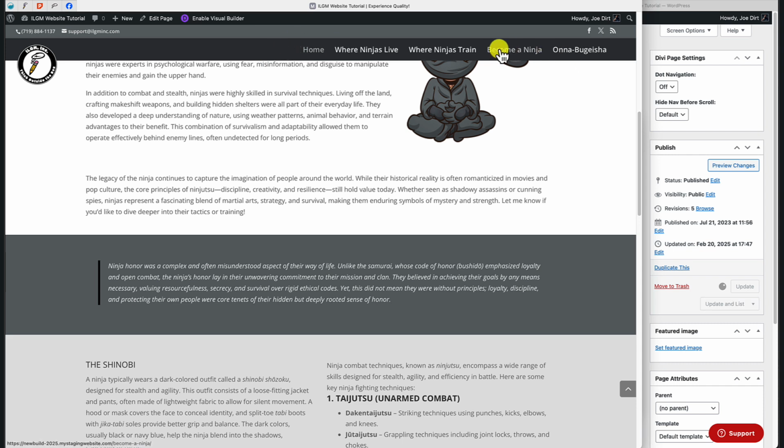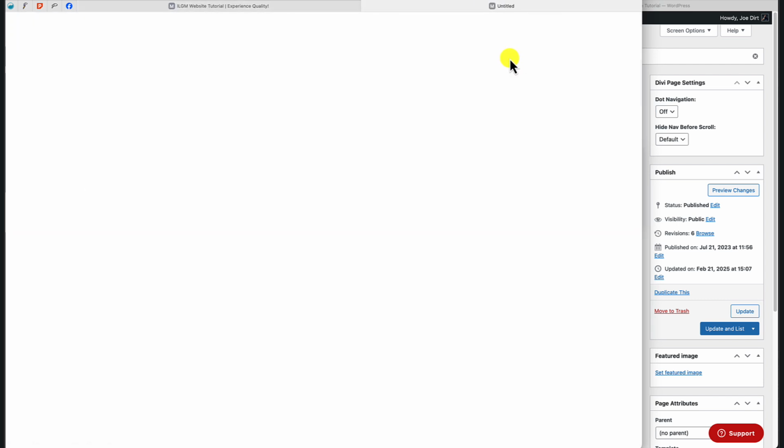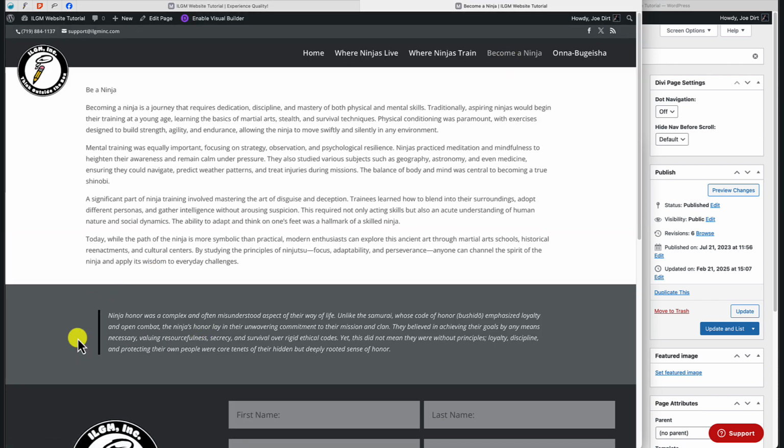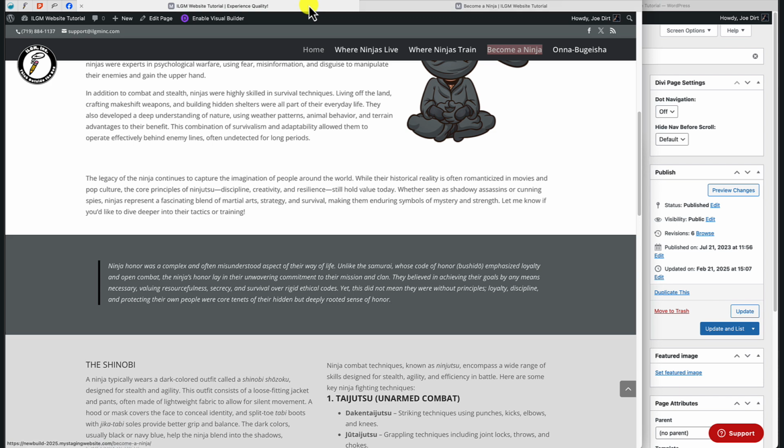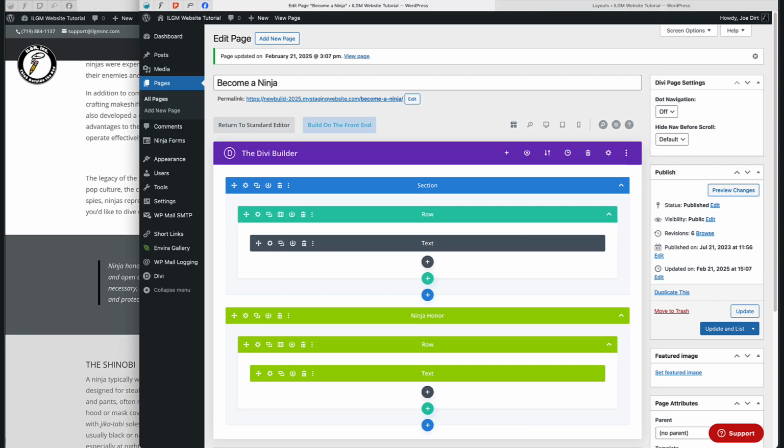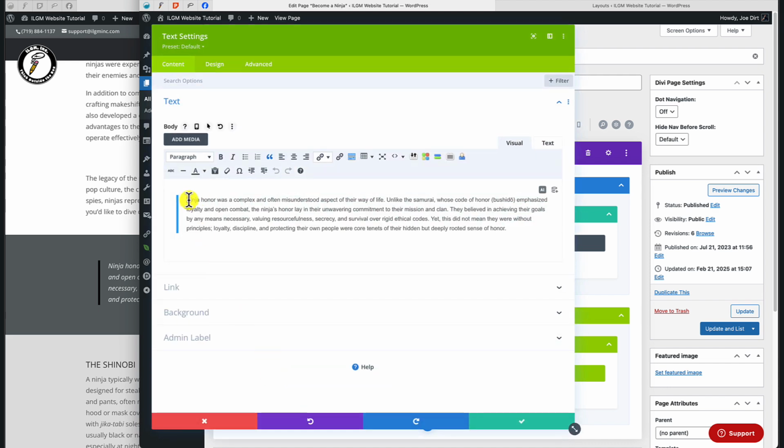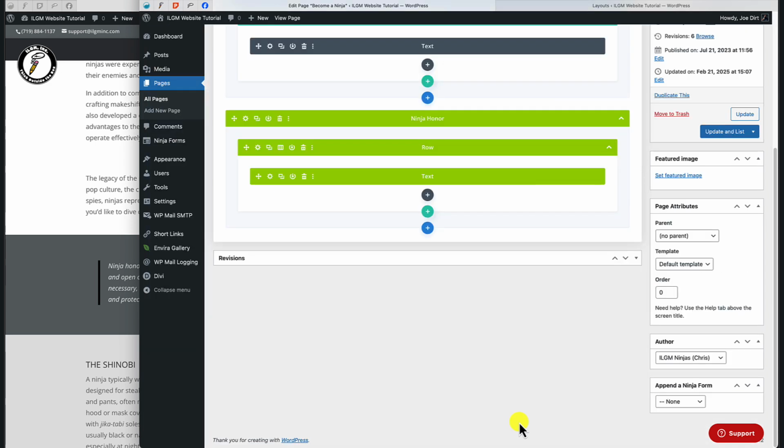So if I come over and we look at Become a Ninja, we'll right click and open it in a new tab. So we have both. We have this section here and this section here. Because it's global, if I come and make a change by clicking on the gear, and add in my new changes, we'll go ahead and highlight this to make it stand out a little bit by bolding it. Click the checkbox, click update,